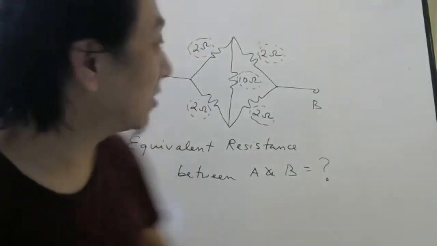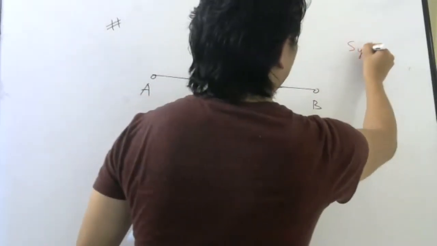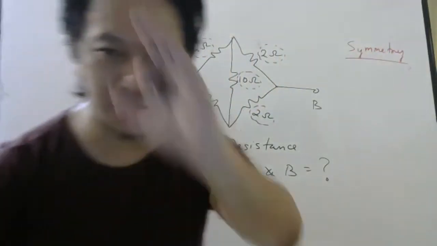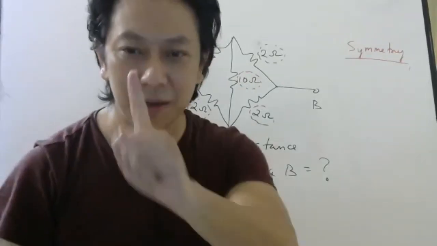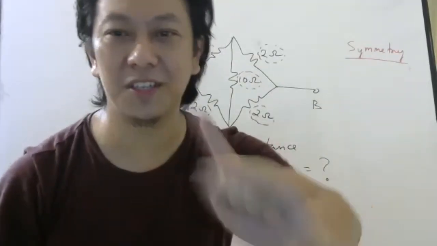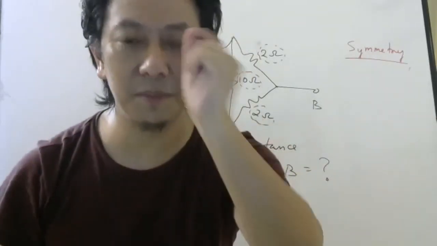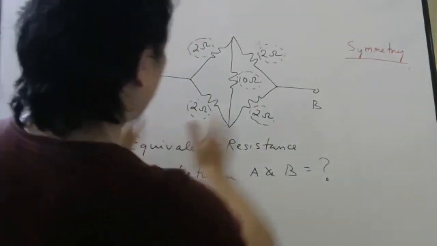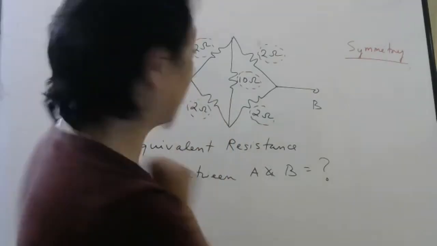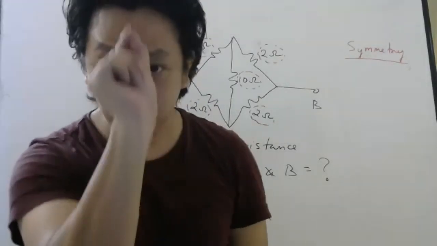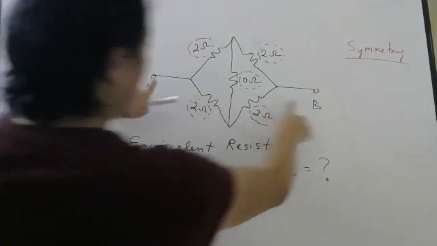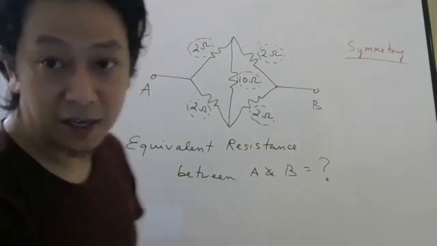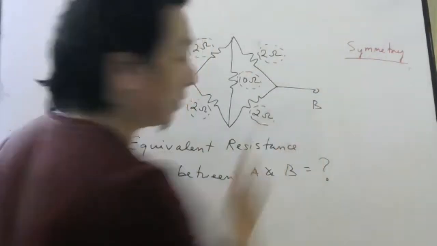However, there is a concept called symmetry. And as you study more physics, some of you will do masters in physics, I hope. You will come to know that symmetry plays one of the most important roles in physics. Now what you have to do is see this circuit and check: if I draw a line perpendicular to this line, what is this line? This is the line between which they want the resistance. So they want resistance between A and B, correct?